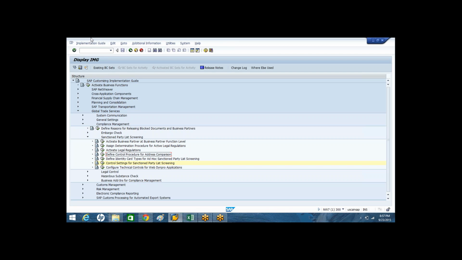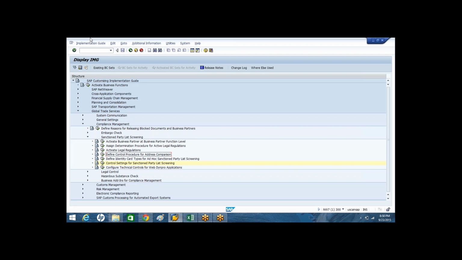Yes. When it comes to SPL screening, in general, we do the validation of business partner address details against SPL member address details. SPL screening is the validation of business partner details, name and address details, against SPL member details.